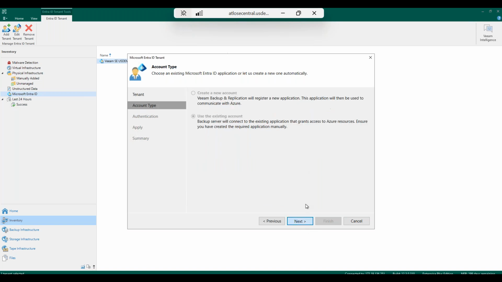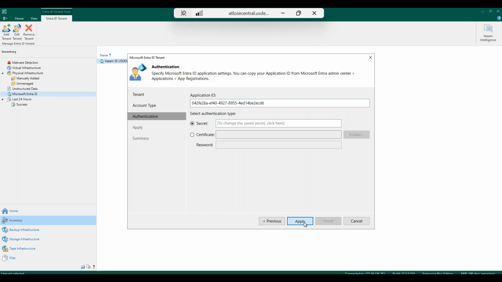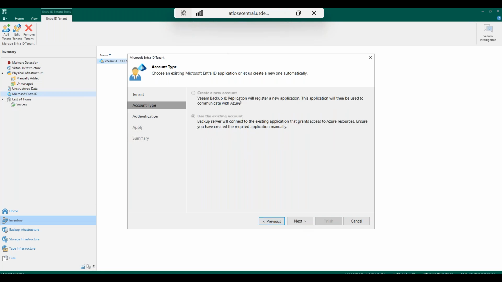Okay, so next thing, account type. First of all, you can use an existing account if you prefer to do so. But in most use cases, the simplest way is to let Veeam do the job, so you can select create a new account. Right after you select create a new account, Veeam will handle everything for you. If you click on next, this is the manual way. If you selected create a new account, the next step,